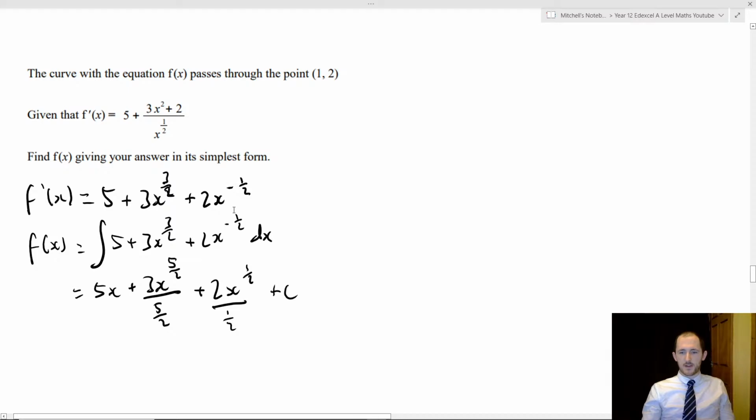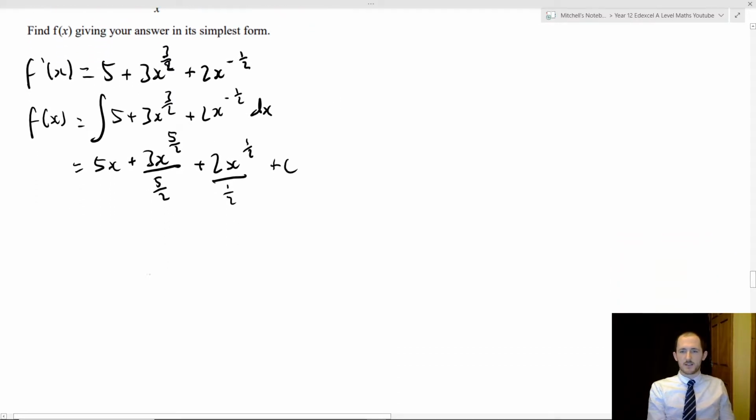So again, we can simplify this, and it doesn't really make a difference not to. So 5x, 3 divided by 5 over 2, so it'd be 3 times 2 over 5, which is 6 over 5, so